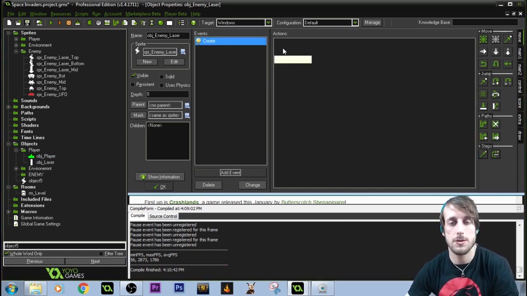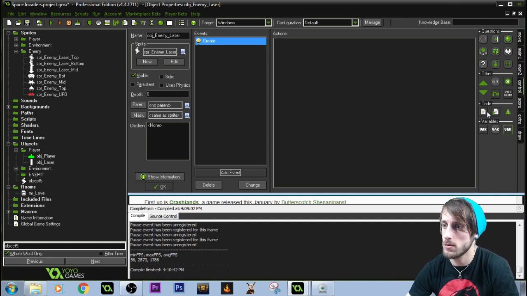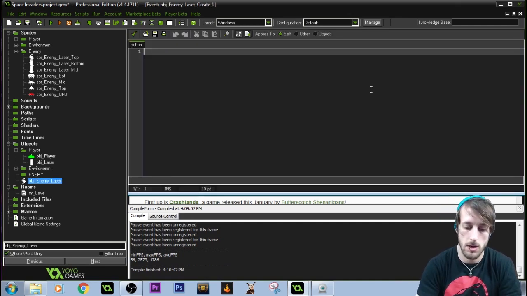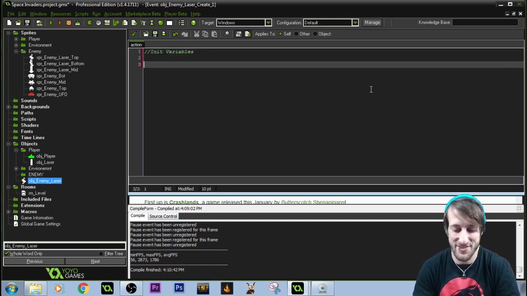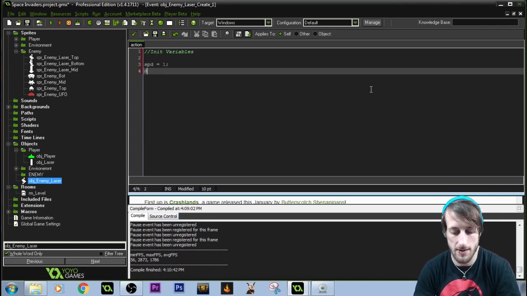Like pretty much everything else, we're going to give this a create event, come down to control, execute code, and we will initialize variables. That's not how you type. Or it's another one of those days. I guess every day is that. So we're going to have a speed variable, set that equal to 1 for now. We're going to have a damage variable, which can be 1,